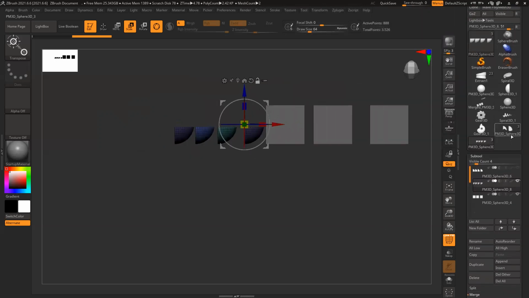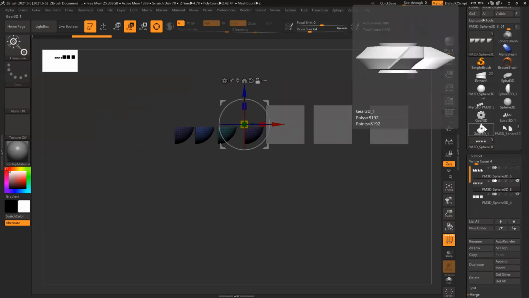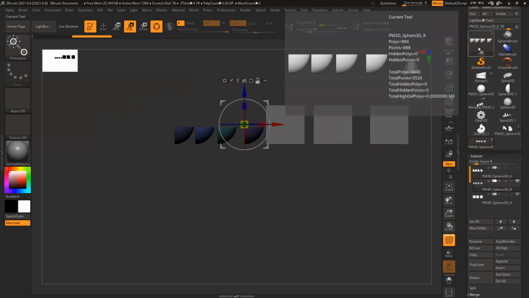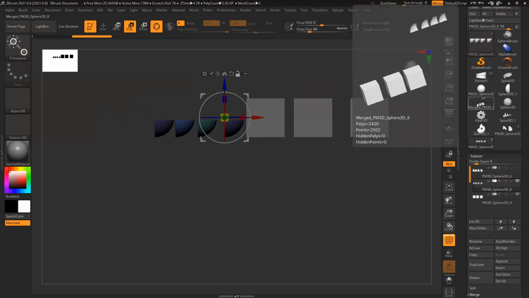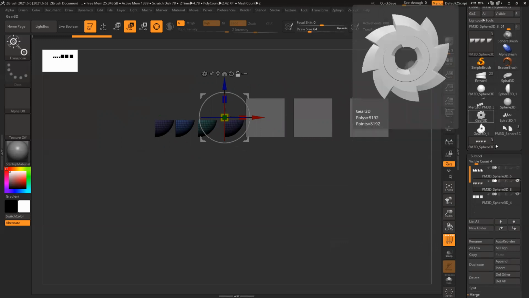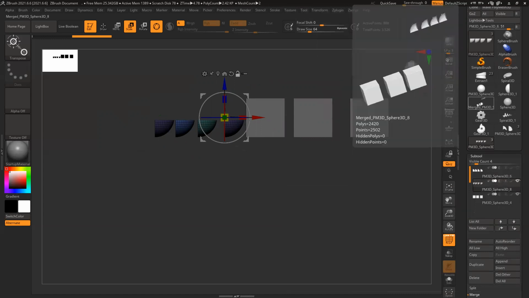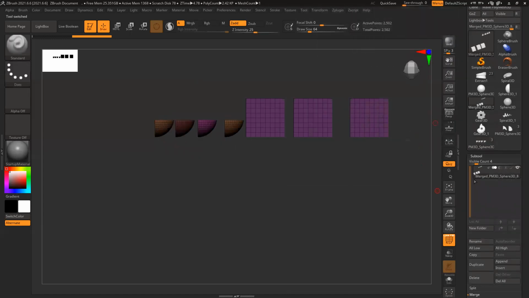Yeah, this one, sorry. You can see it renamed this merged PM3DS, based on whatever file you have selected. So it's all merged into one subtool.